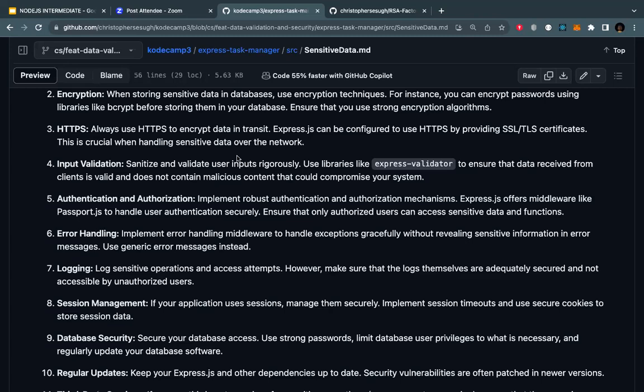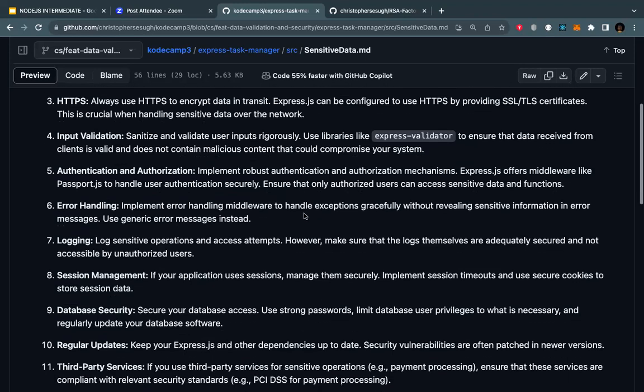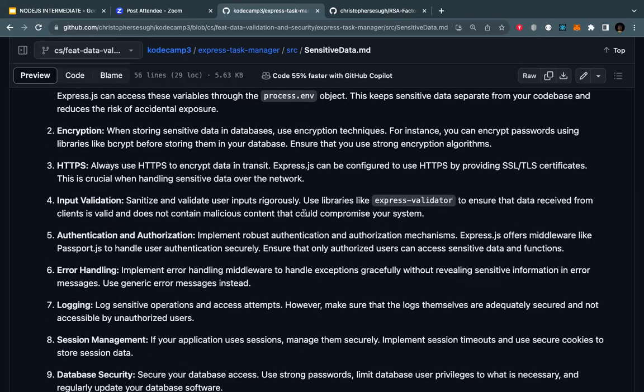If the information you're sending to me is sensitive, the hacker can use it to